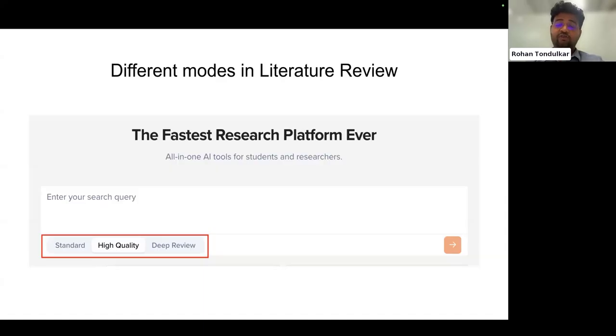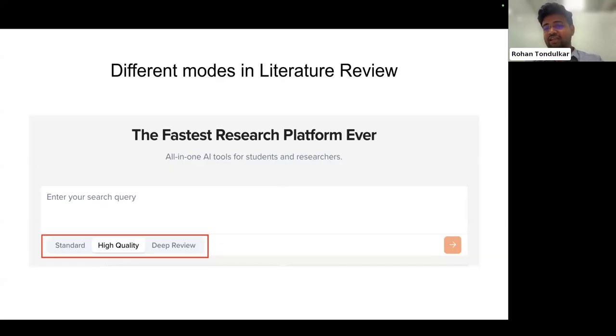Now, what does a researcher do? Let's say without SciSpace, if I go to Google Scholar, I find a relevant paper. Now I'll go to its citations and references, right? That's where I get the next set of relevant papers. So that is what we do in deep review, iteratively. Firstly, we find a lot of good papers. Then for each of those relevant papers, we go through the citations and references and find more relevant papers, because that loop is what helps in research.